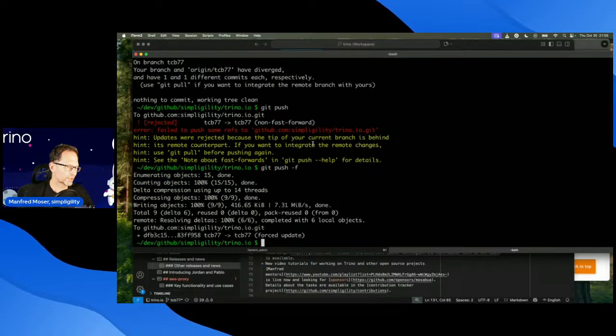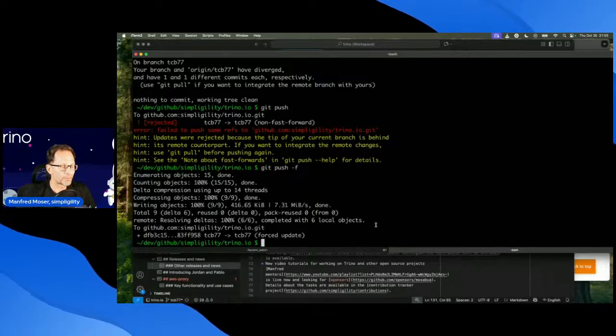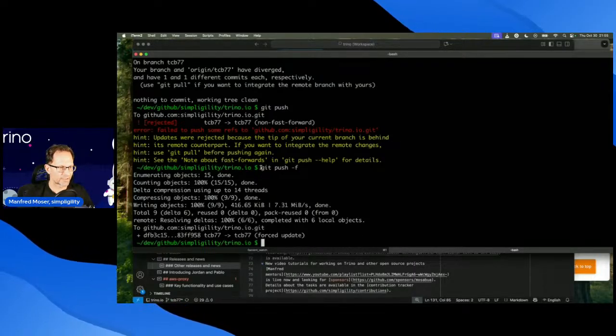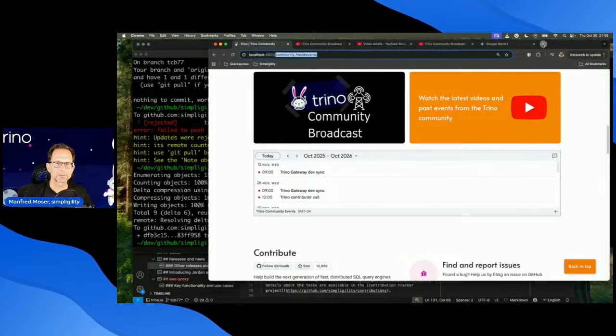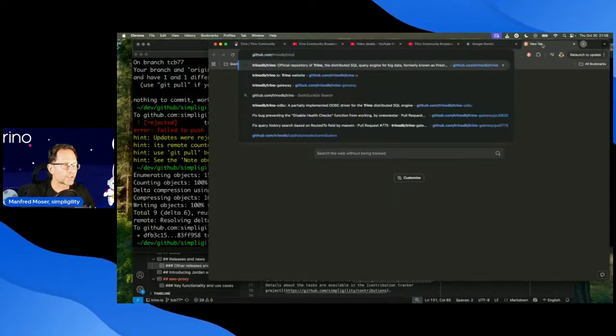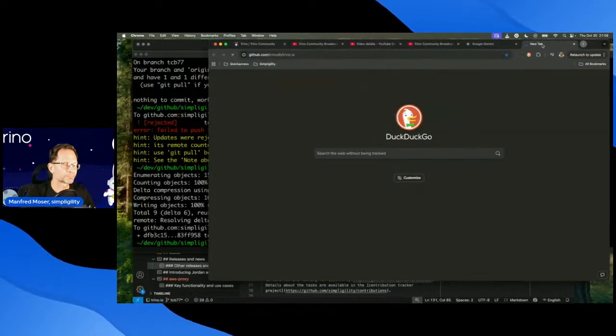Some repositories don't allow that, and that's a good thing. But for branches, it's kind of a necessary thing. And you do that, and that will mean that the pull request that we can look at here